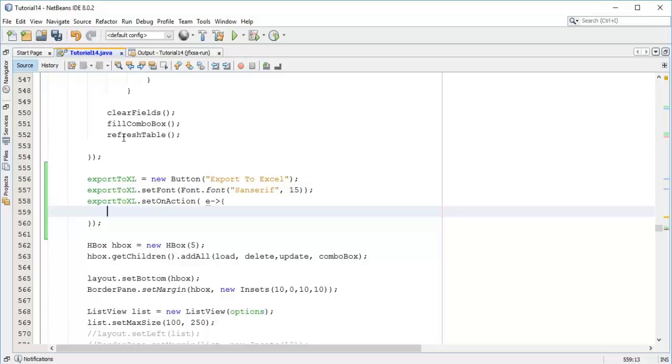Now to read the database content and write into Excel sheet, we are going to fire a query to read the database, and then we are going to declare the Excel sheet properties. So first string query equals to select all from, so our database table name, user database,